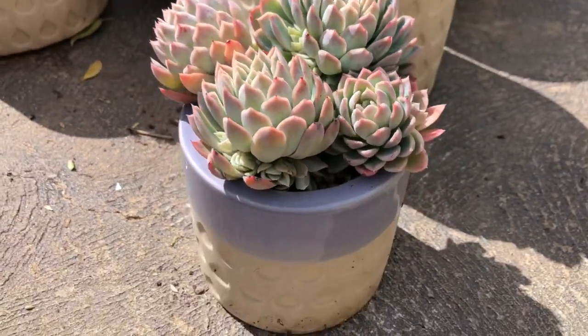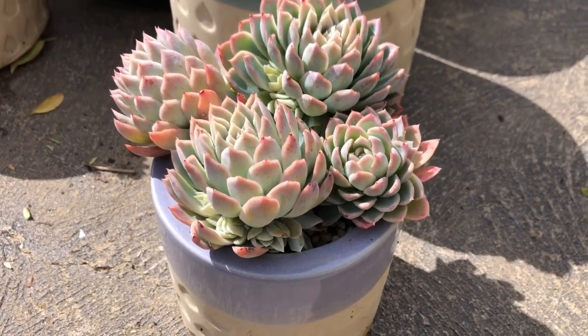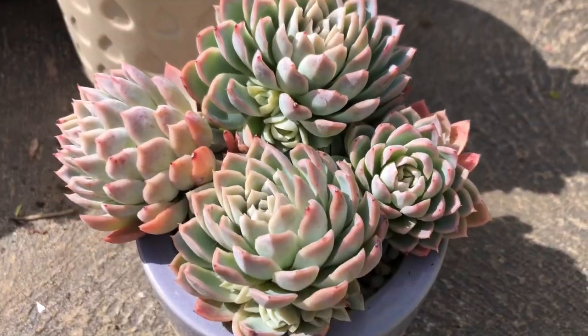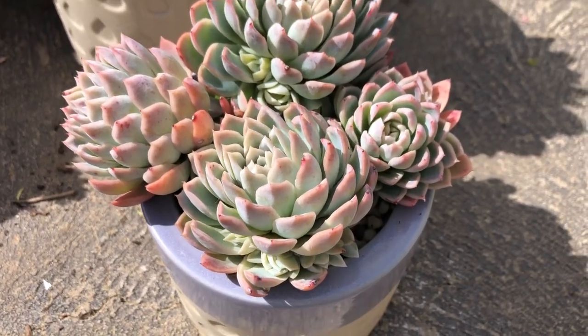So originally when I put them in this pot, they were just single heads, and they were laying around. I obviously cut them out from, oops, the wind just flew away something. Sorry about that. What was I saying? Oh yeah,